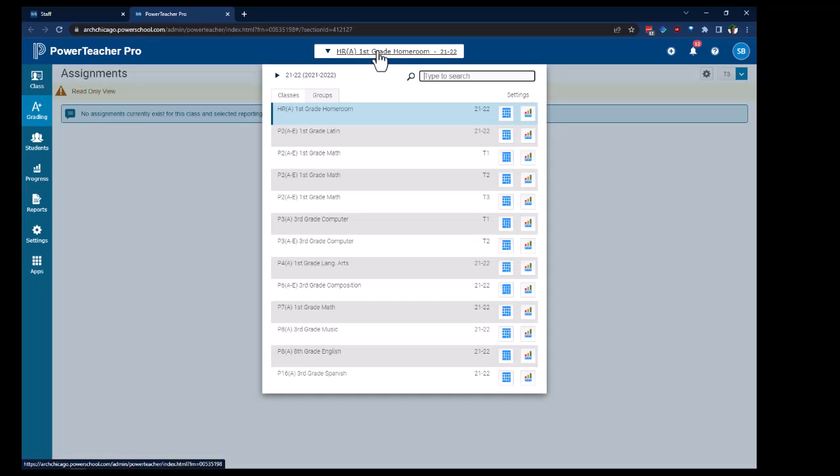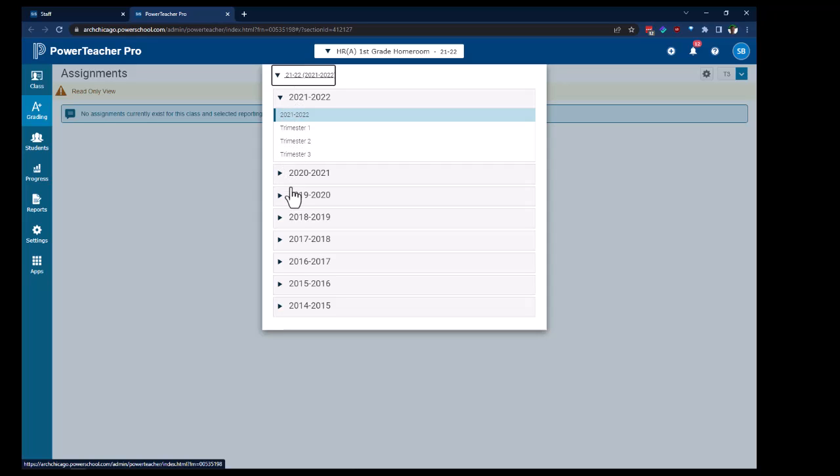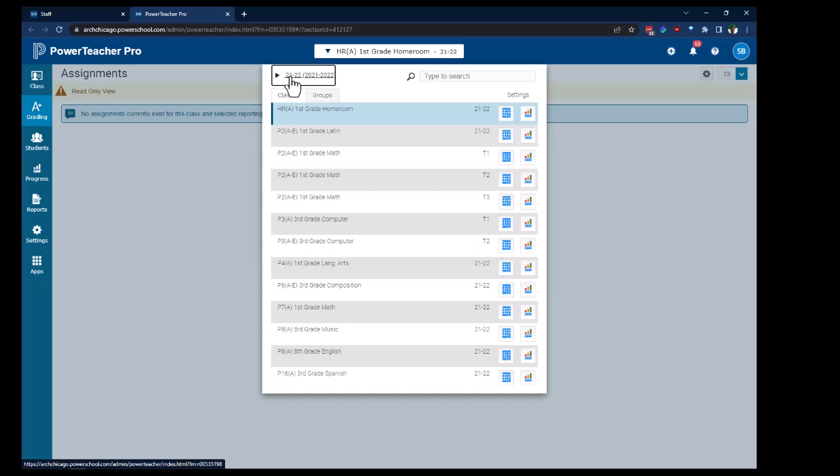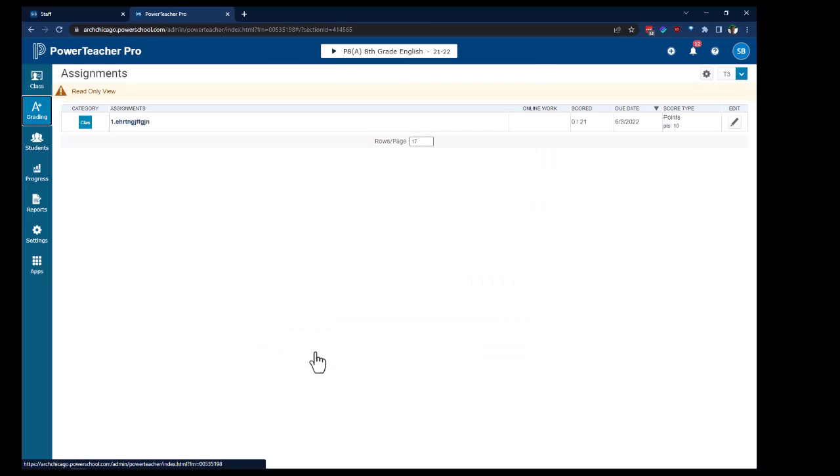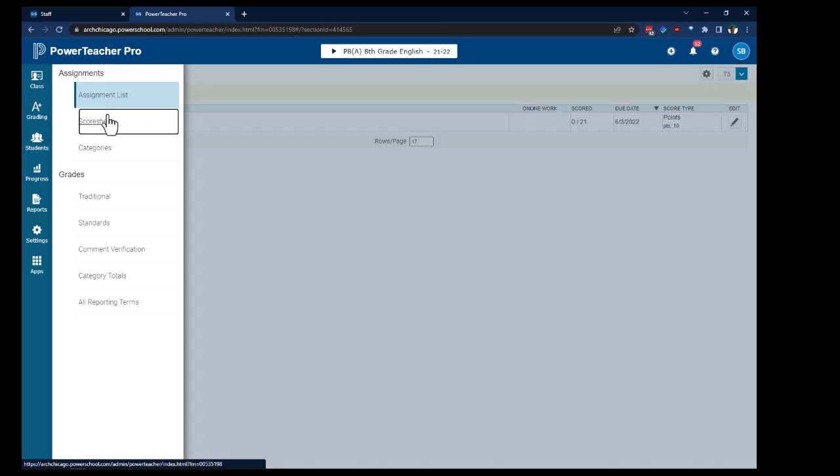And so if I click on the class selection up at the top, I can scroll through and see all of the classes that this teacher has for this year as selected. I can actually expand that and see other years, previous years, this teacher has worked with. But in this scenario, I'll just look at my current classes, and I will look at, in this case, 8th grade English. I have at least one assignment created in here, and so I can look at the score sheet,